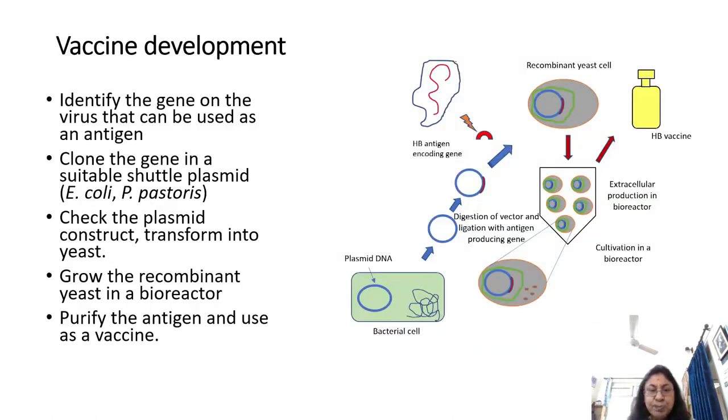So now let's move to the next slide. In this particular slide, I'm giving you an example of how recombinant DNA can be used for vaccine development. Now the idea is exactly the same, because eventually you are going to produce a protein in a recombinant